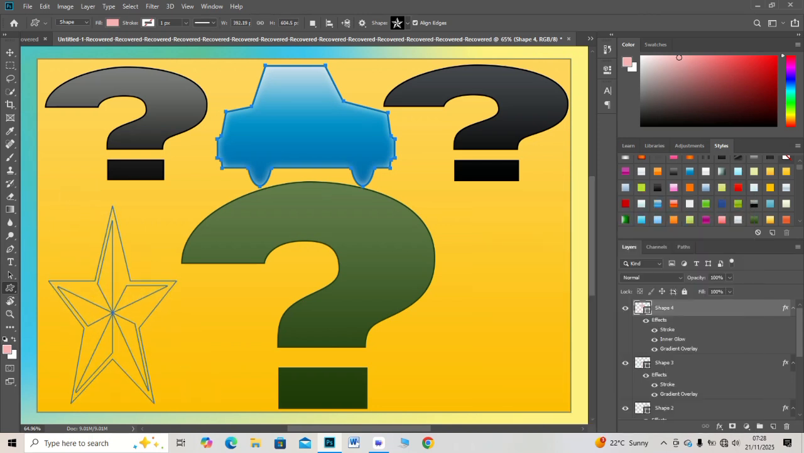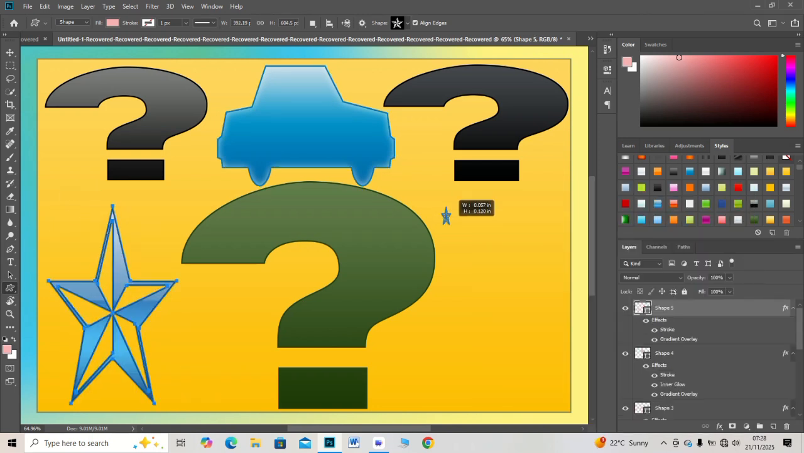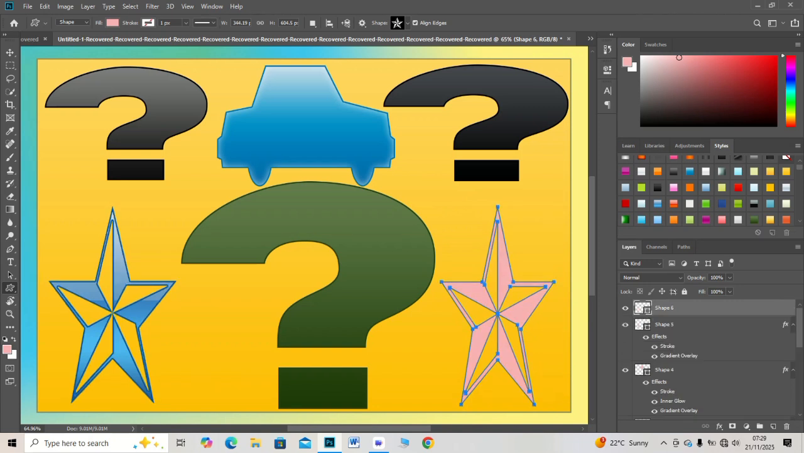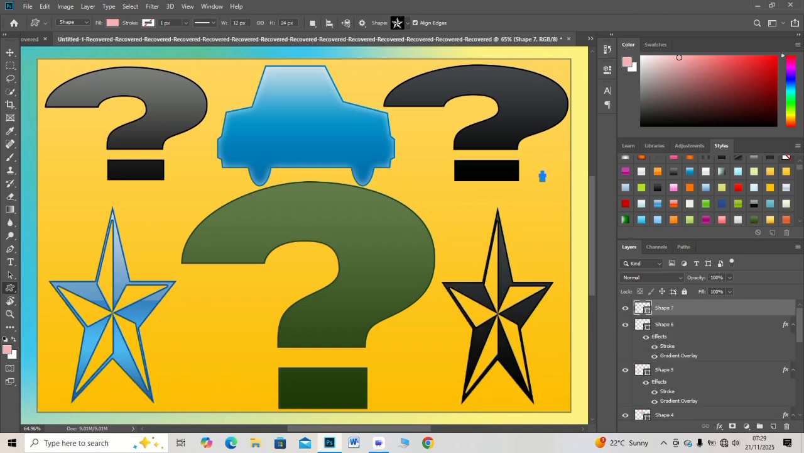Duplicate the stroke layer for depth and richness. Try different brush shapes for unique writing style. Stroke path gives instant